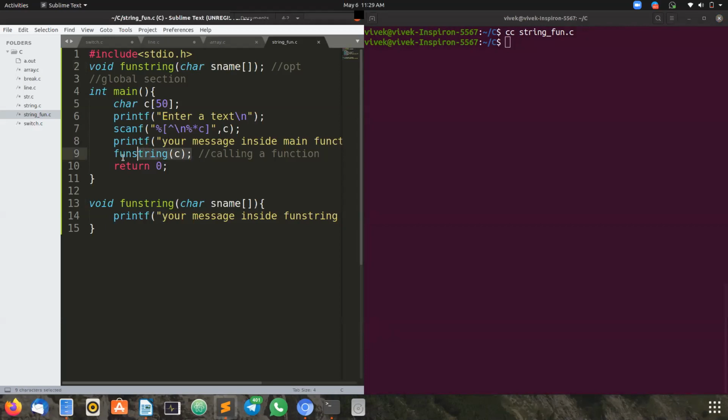Then while passing, be clear with the things I'm telling now. When we are passing, you can pass with the variable name. C is the variable name which is holding character data. It's a type of array, but don't confuse that we have to put square brackets here. While passing to a function, only the variable name is sufficient as a parameter. But when you take it in the function, you need to mention that array. You are taking an array. So be clear with this.